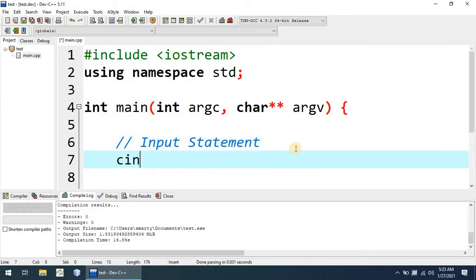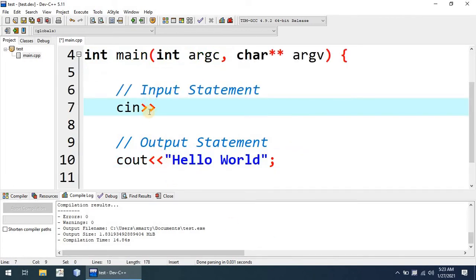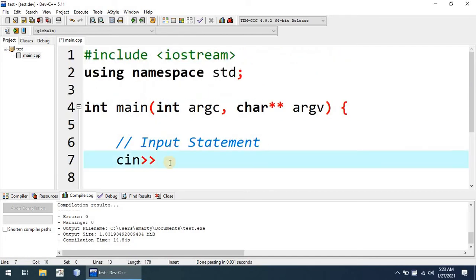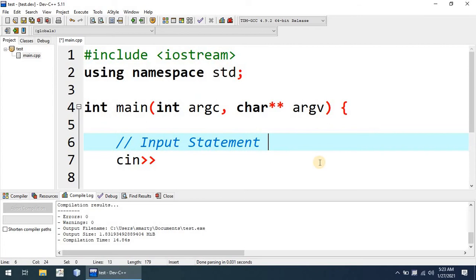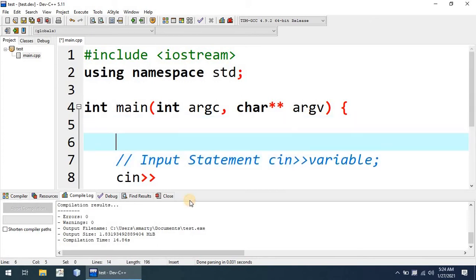The input statement is the cin statement that is used with the extraction operator. The syntax of the cin statement is cin, followed by the variable name and the semicolon statement termination symbol. For this purpose we have to define some kind of variable.